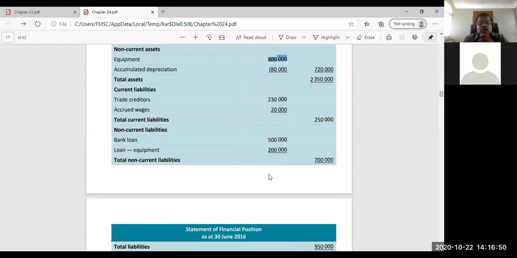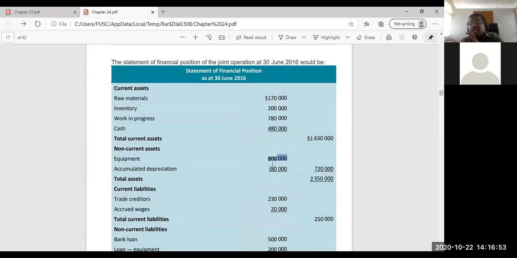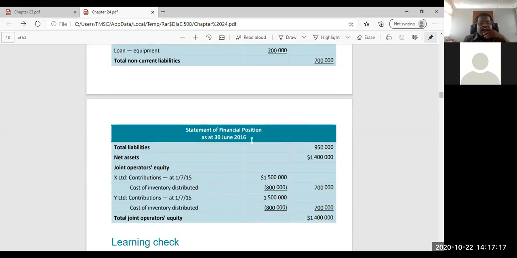Remember, in the joint operation, we don't worry about the equity. We worry about the assets and the liabilities, because we have the right for assets and we have the obligation for liabilities. So thereby, what is important is to have your assets and liabilities list. That is the important point. Then the statement of financial position, liabilities, net assets is so much. This net assets is really,